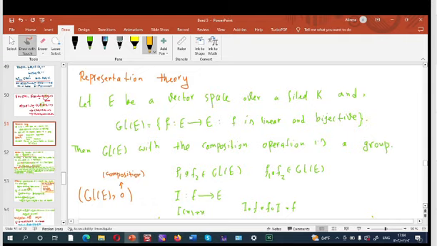And in a bijective function we have an inverse for each function, okay? So that